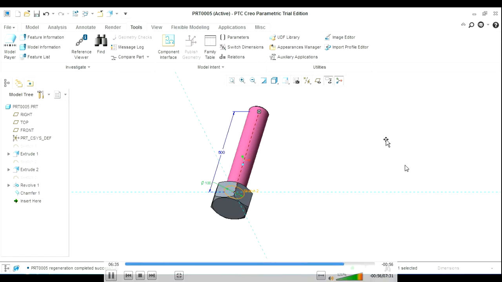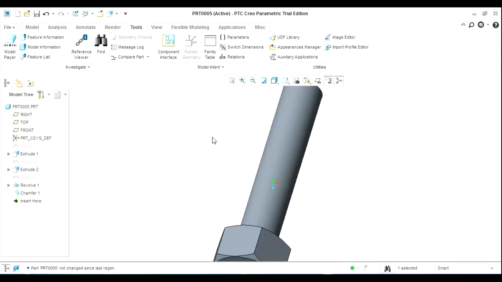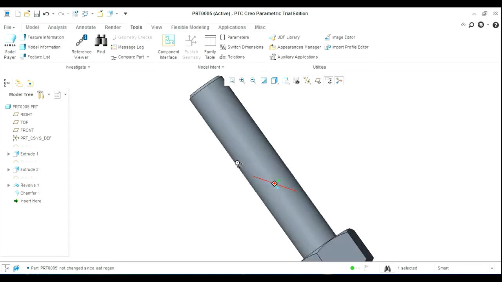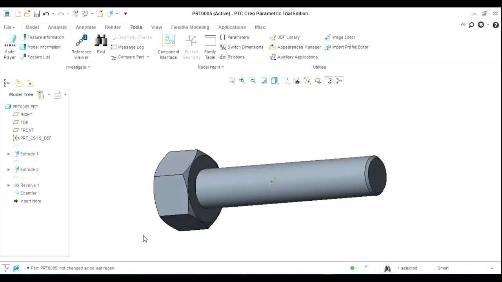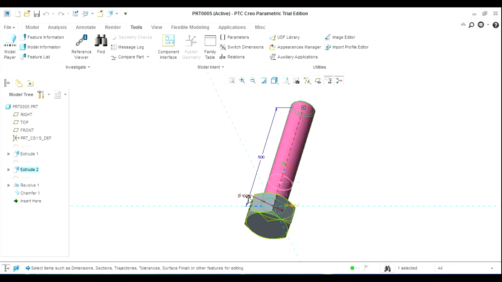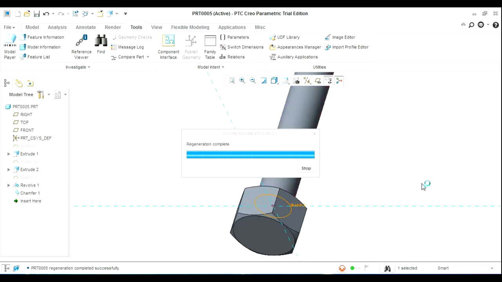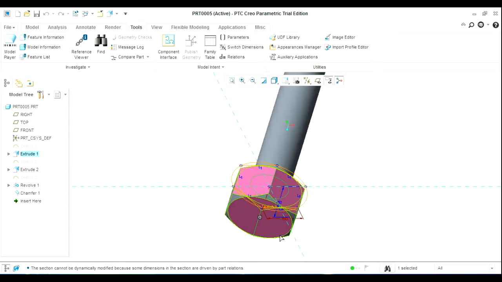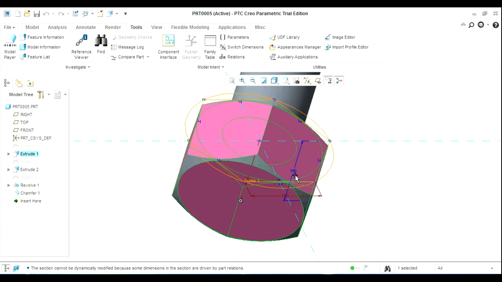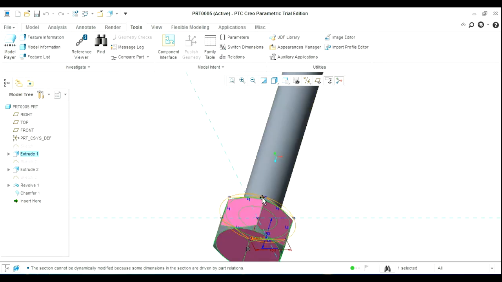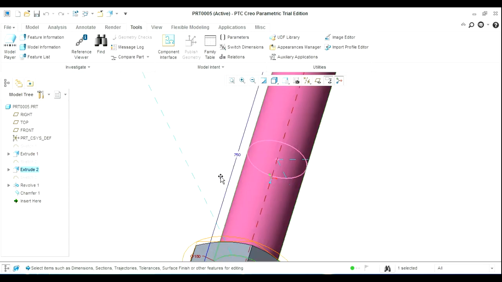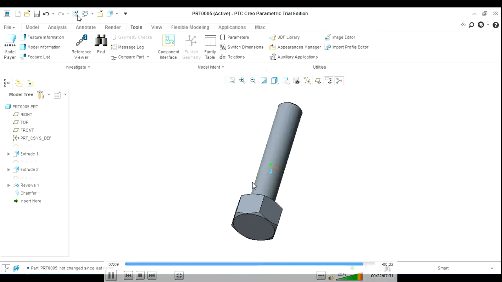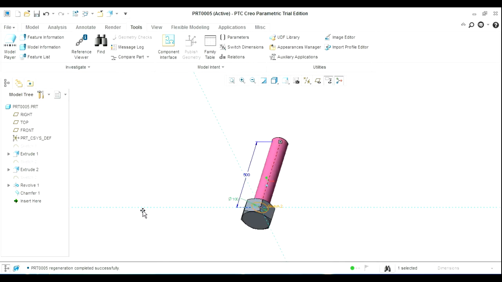Then again try changing the values of the diameter to 4 or 5 different values to ensure that the formulas established are working properly and the bolt can be achieved for any diameter values, that is 5, 10, 25, 100 and so on. Remember to use Control G to regenerate the model every time you have modified the core diameter. Okay, so try creating relations and enjoy the tutorial.